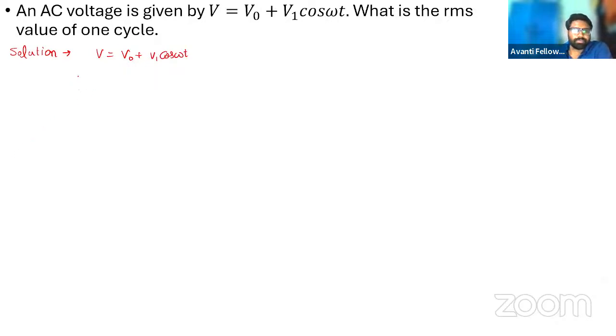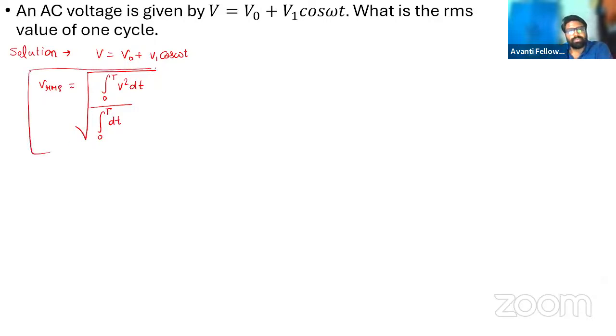Again, for the RMS value, what will we do? V RMS is nothing but the square root of the integration from 0 to T of V square dt, divided by the integration from 0 to T of dt. Clear? So by applying this formula, we can calculate the value of V RMS. Now here V is given as V naught plus V1